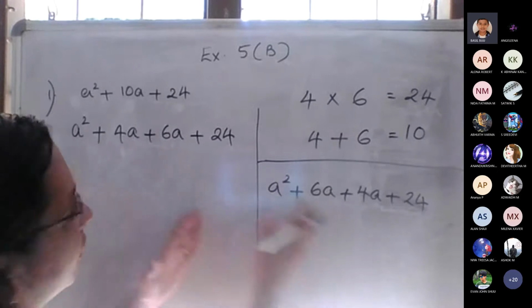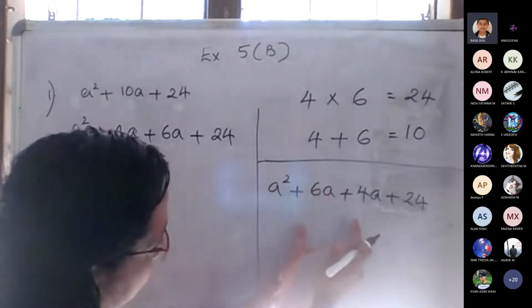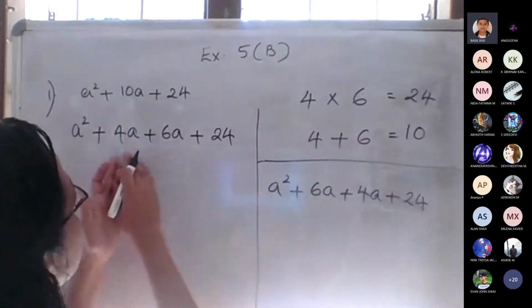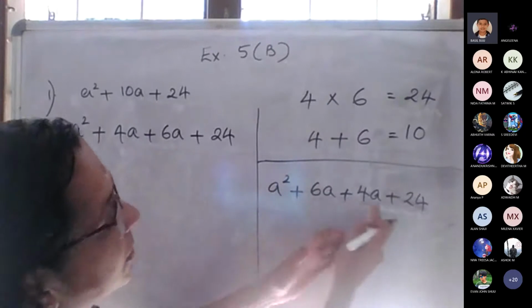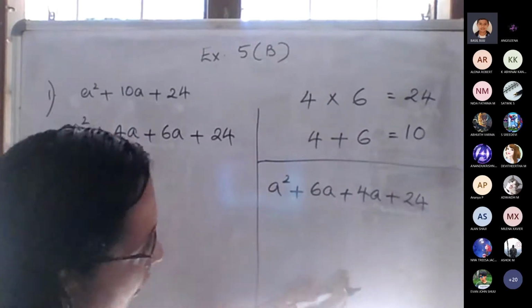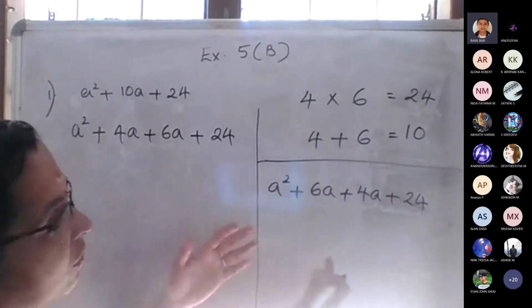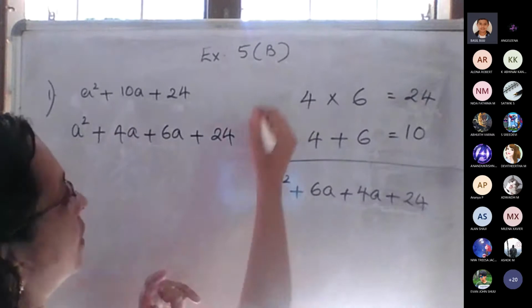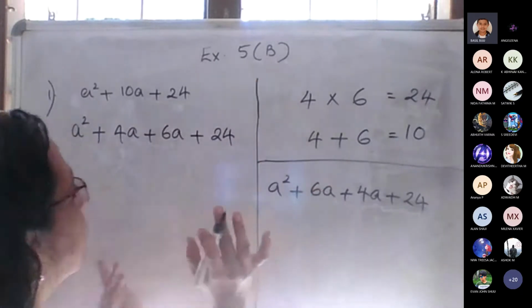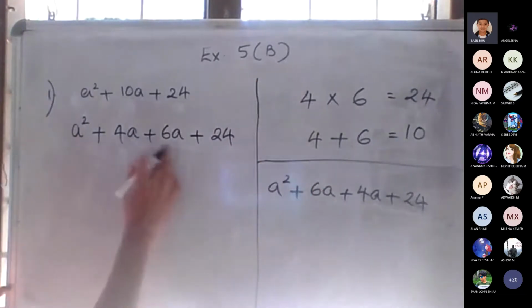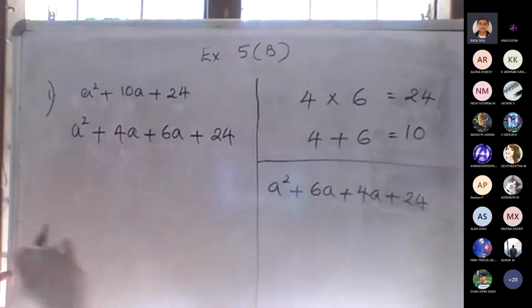Same method you follow. What we are doing in here, that same thing we are doing here. So anyway, we are getting 4a plus 6a or 6a plus 4a. Both methods I will write now in the first question. From the next question onwards, I will write only one. So same answer you will get. So first we can do with this, 4a plus 6a. Both will be the same answers.